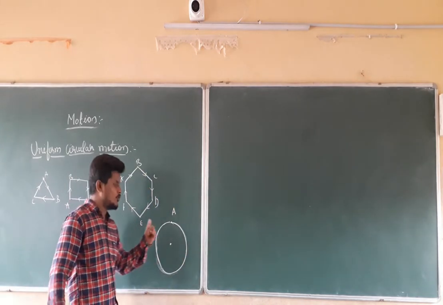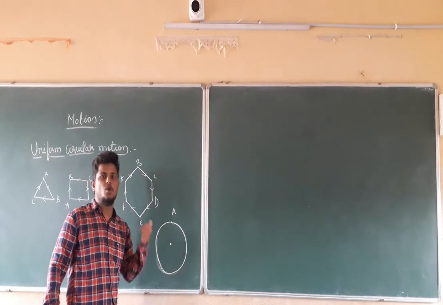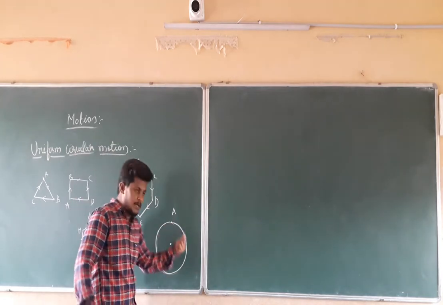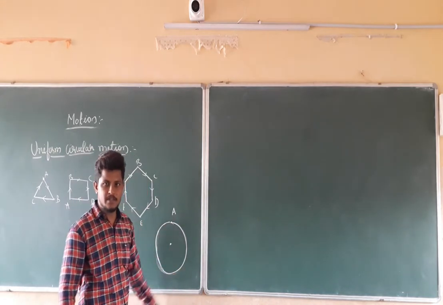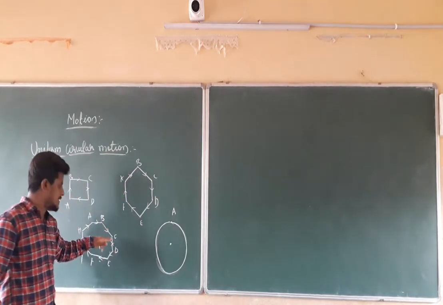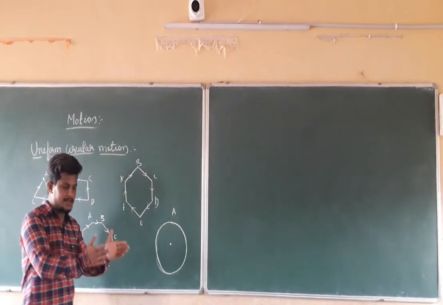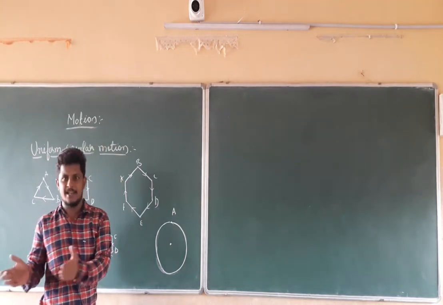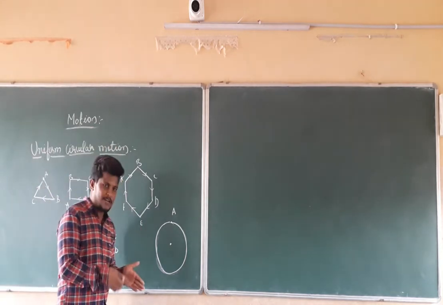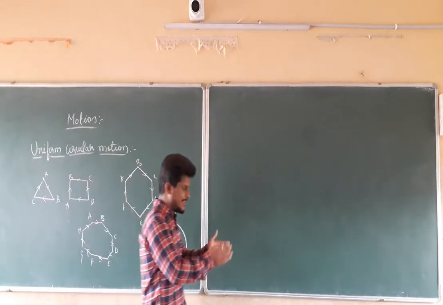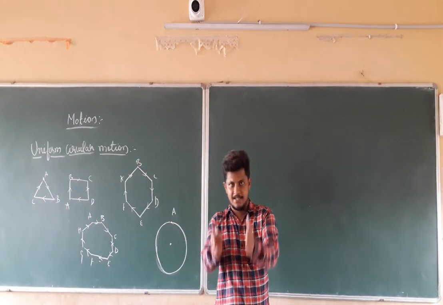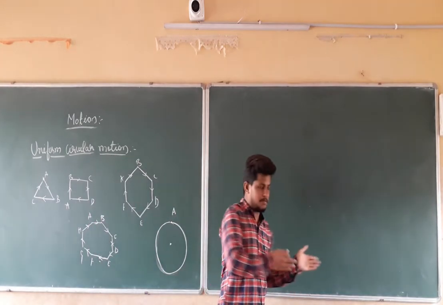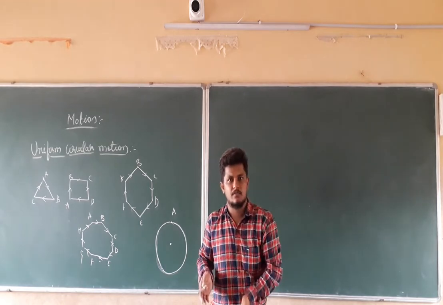If he is always going to change the direction, that means he is going to travel with uniform speed. Here there is a change in the direction. If we are going in this direction, suddenly you have to change direction like this, in this direction. If you take the rectangle path also, if it is going in this direction, suddenly you have to change the direction this way.